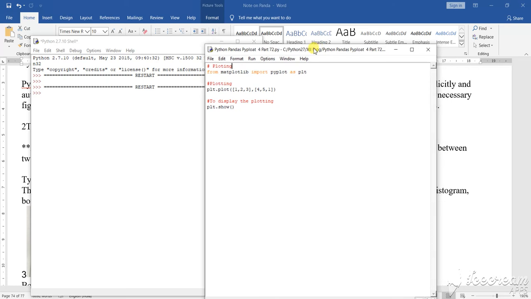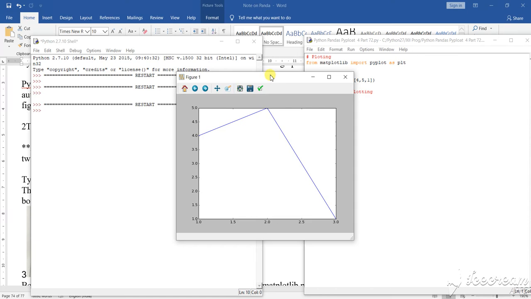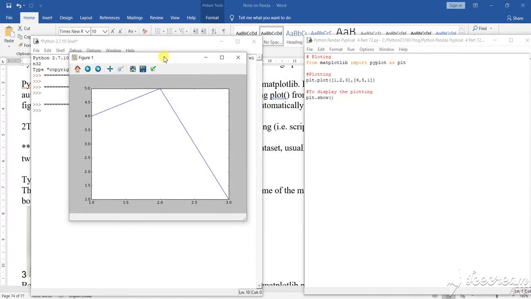Okay, so plt.plot, the plotting that has been done, this plotting is worked out in the scenario of your plotting phase. Clear? See it now. So this is the output that has been derived from here.